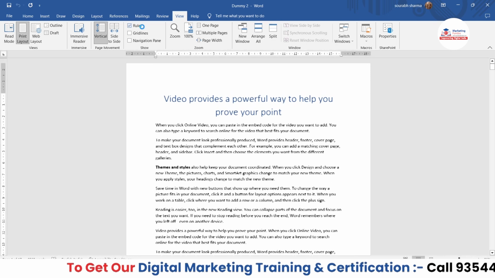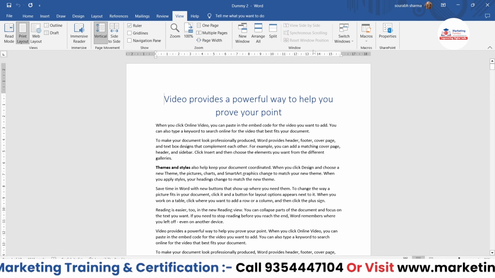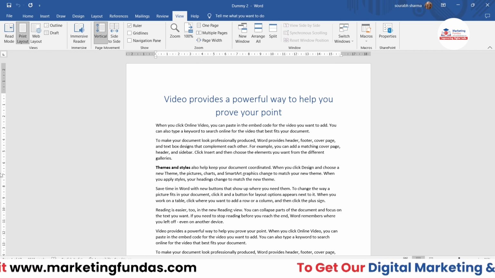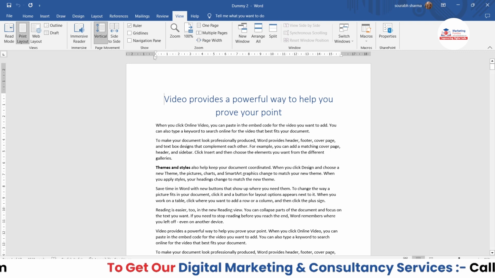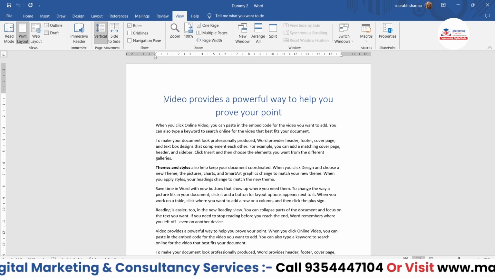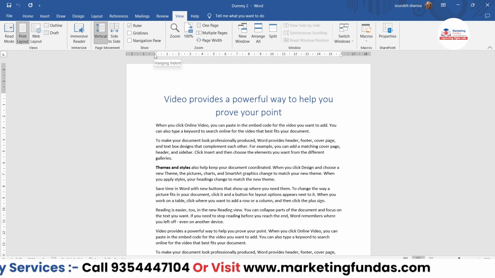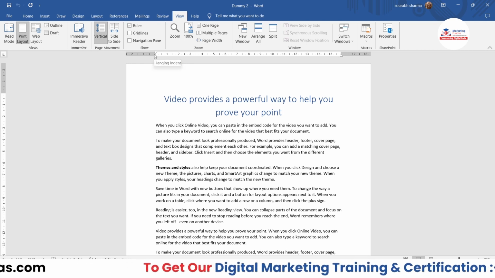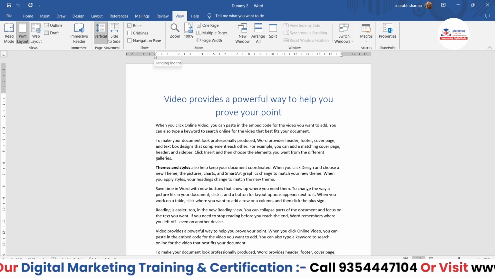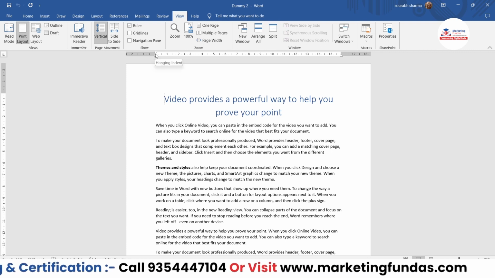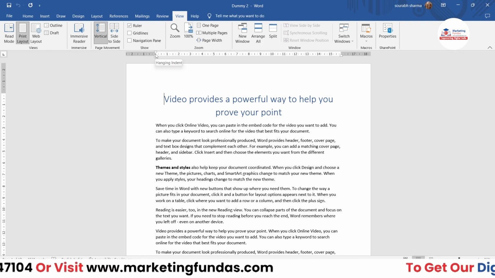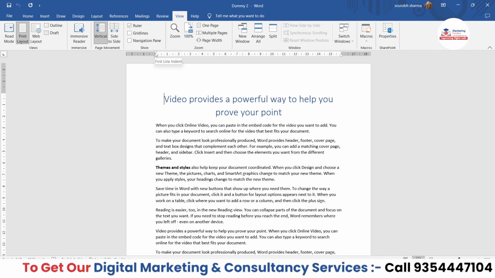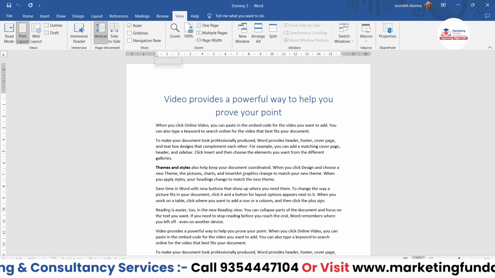Once you click on this, basically you check this box, you'll be able to see this ruler. As you can see, horizontally and vertically both are available here. Now, what is the use of this ruler? Basically, you can set the margins using these rulers. Also, you can check whether you are writing properly or not, or if you want to measure something, you can measure that as well. If you want to increase or decrease the margin, you just have to hover your cursor over here, and once you see this kind of sign like this,